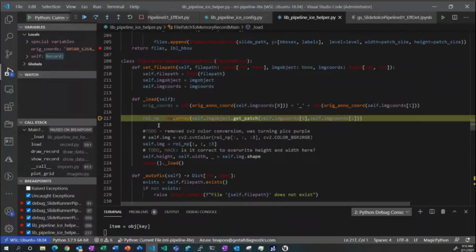So that's where the bulk of the work is done in taking the annotations that we had on the whole slide image. We extract a patch out of the image using the OpenSlide library, and now that patch is available